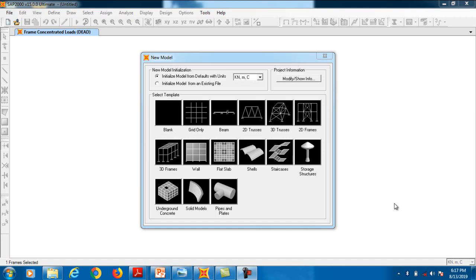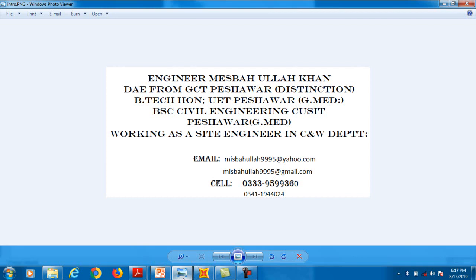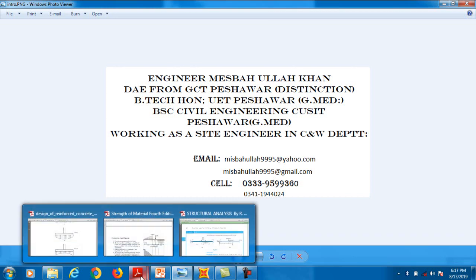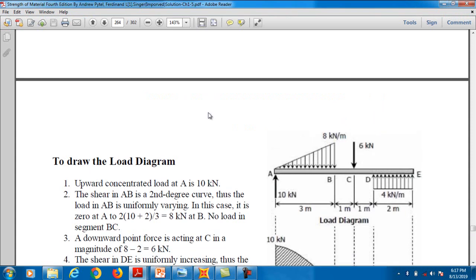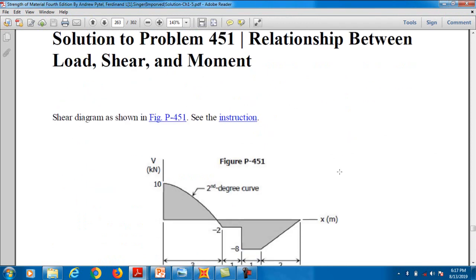Welcome to lecture 4, and inshallah in this lecture you will see the analysis of an overhang beam with a different type of loading. Okay, so this is the example. Inshallah we will do this example clearly, and you will see that